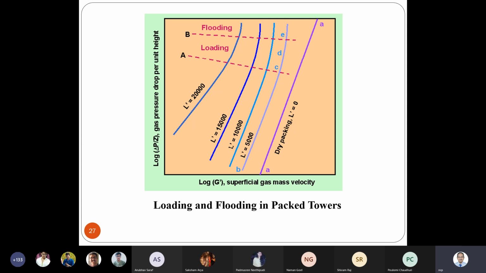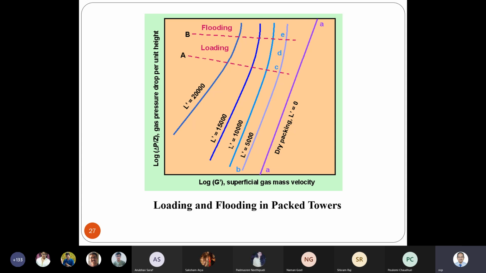Whole tower is filled up with the liquid. There is no vapor space or gas space. It is filled up with the liquid, and gas comes out in the form of bubbles through the liquid, and that is now called as if it is in dispersed phase and liquid is continuous, right? So obviously this is not desired. So we have to then control this gas velocity and these things.